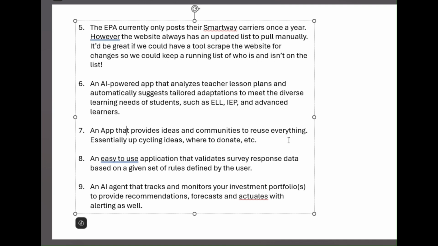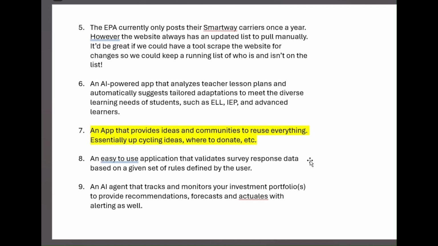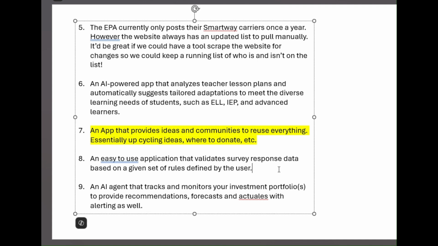If we can find a way to pass that on to people that actually need it, then we don't have to create new resources. So this is another one that I really like. My only worry is, I think I can make something cool for this in the time frame, but I don't know how much I could show without having that network of different users to provide all the different supplies so you can really see how it works